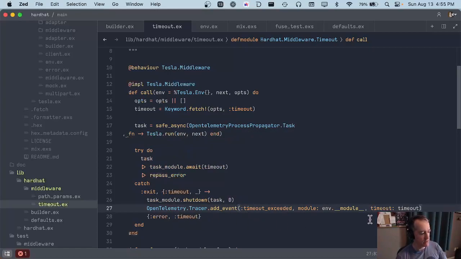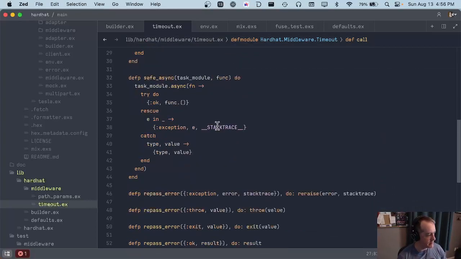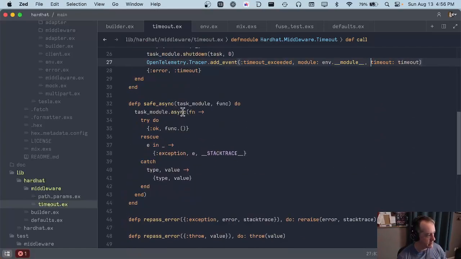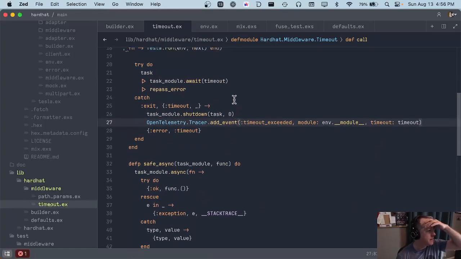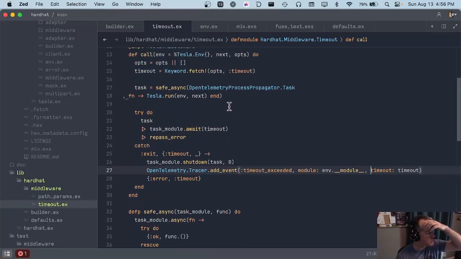I think we'll just go with adding this event for right now, because that's still useful tracing information. But we don't have to decide on behalf of the application writer whether a timeout constitutes an error that we need to flag for alerting or anything like that. So, okay, we'll start with this. So we did some copy pasta, right? And we're not changing anything here. So